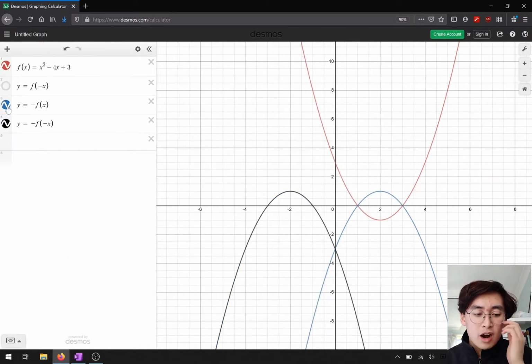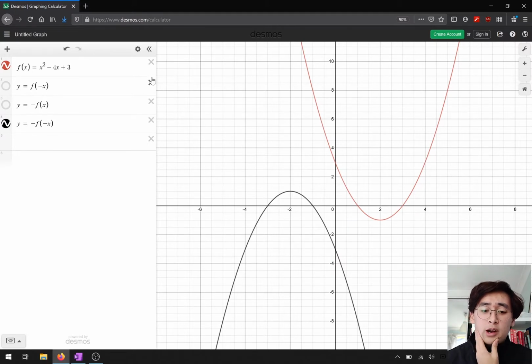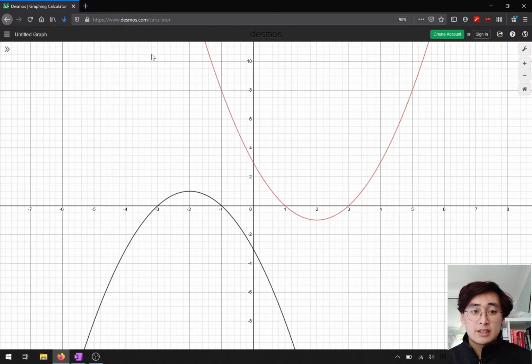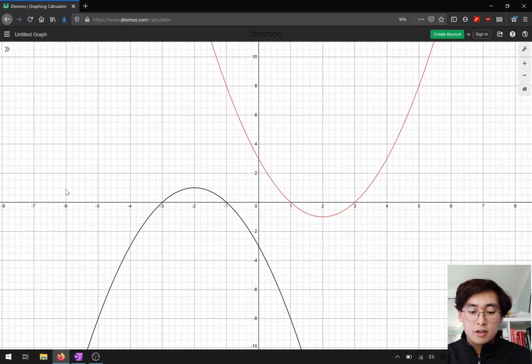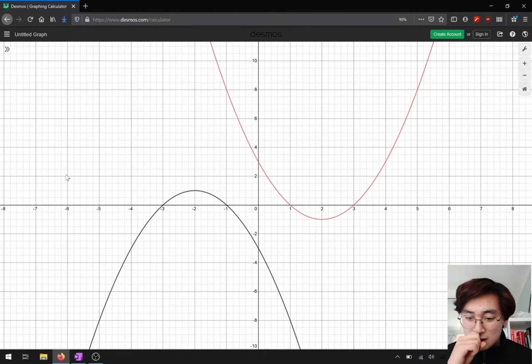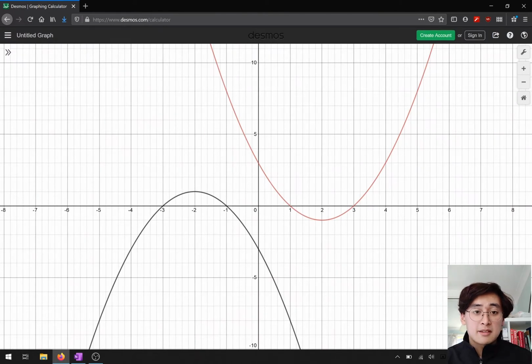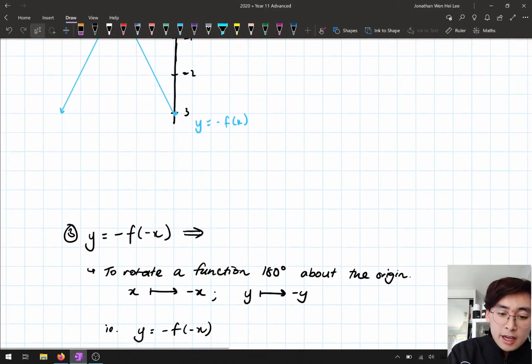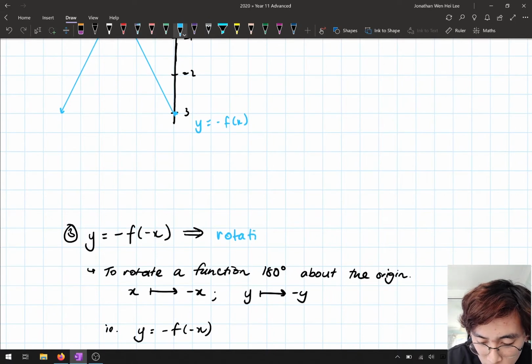But if we want to describe this transformation in one go, how would we describe it? Now, it's quite difficult to see, but if we rotated this graph around, unfortunately, I don't have the capabilities to do that. If we rotated our function at the origin by 180 degrees, you'll notice that we actually get the exact same graph. So here, we've actually rotated the graph at the origin by 180 degrees. So here, this is a rotation about the origin